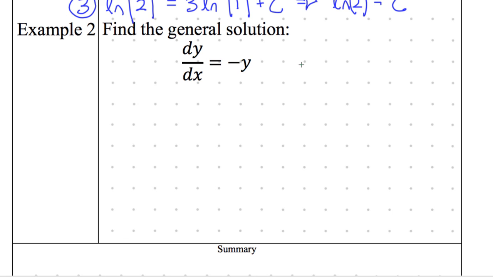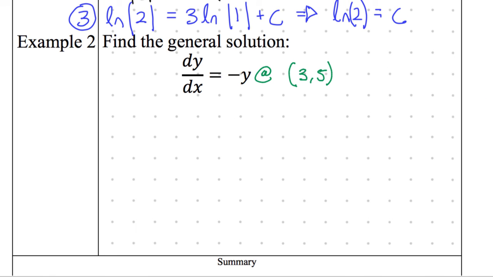All right. Example 2. Let's go ahead and evaluate this one for negative y. Let's go at the point 3, 5. Okay, so what am I going to do? What are my steps? Step 1. Because it's just negative 1 over 1. Yeah. So it starts with an S. Step 1 is